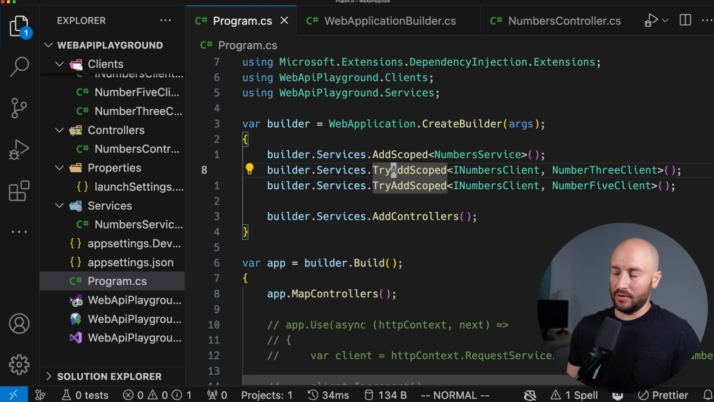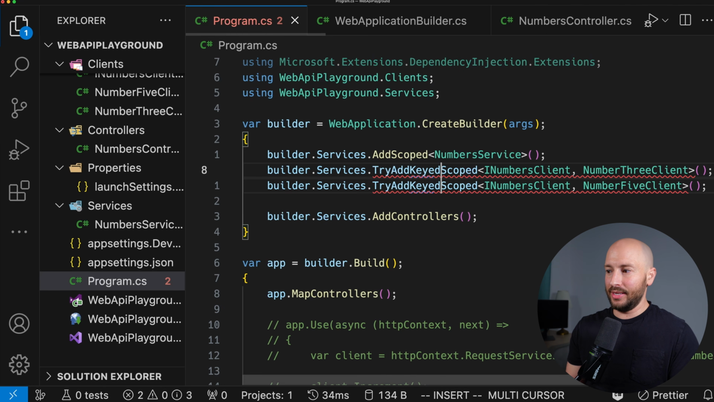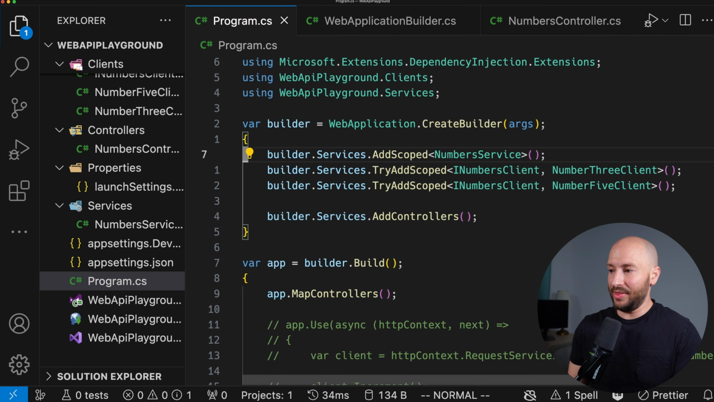And this exists for all of the various extension methods. So you can also say TryAddKeyedScoped and TryAddKeyedSingleton and TryAddSingleton, etc. Everything exists with the keyed and the Try versions. And there's also the raw method, which is